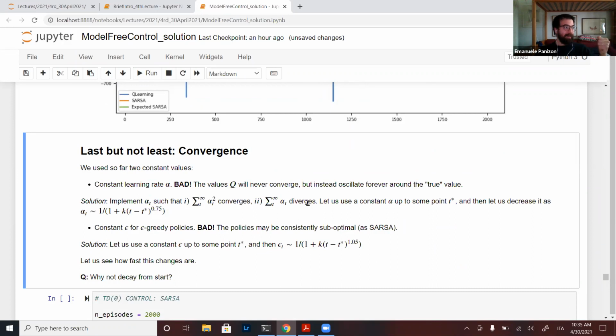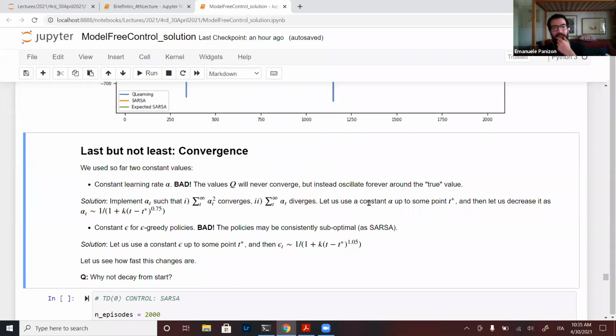The problem is that this is a mathematical limit to infinity, and limits to infinity have their own problems. Generally speaking, you have to find a balance between having something which converges, but should not converge too fast, and at the same time should not diverge. So you have to find a balance. Here is some way of doing that, which is not the best.